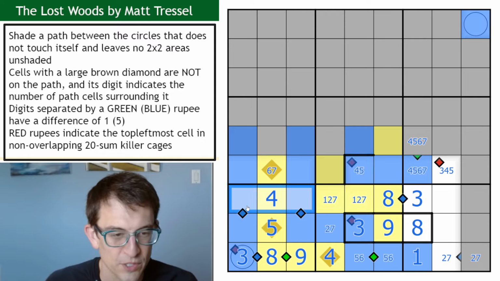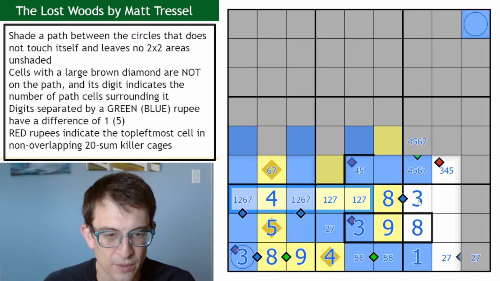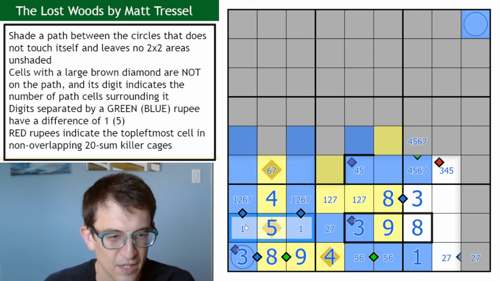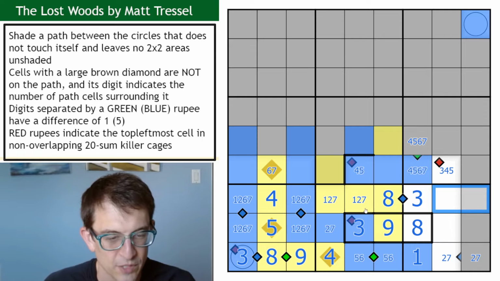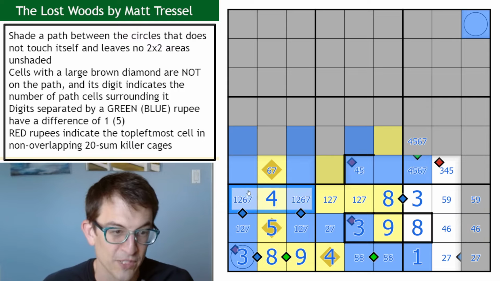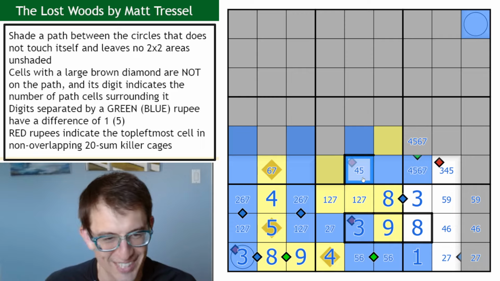Oh, hold on. This is 1, 2, 6, 7. I just noticed that. That's big. This is a quadruple. I don't know if it's going to help me with this, but that gives me this pair. Which is going to give me this pair. Oh, okay. Hold on. This is 1, 2, 6, 7. So this is 5, 9. Which means this is 4, 6. So these aren't 6. Which means those aren't 1. Which I guess I knew because one of those is a 1. Okay. So maybe not so earth-shattering, but